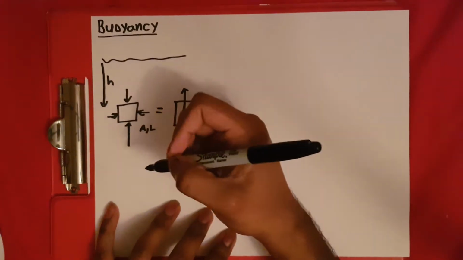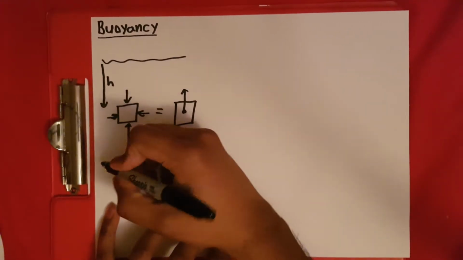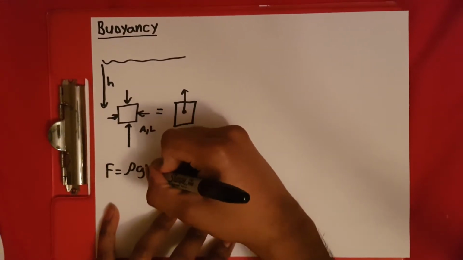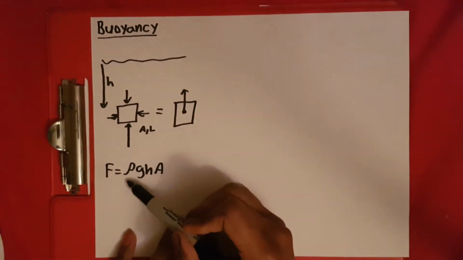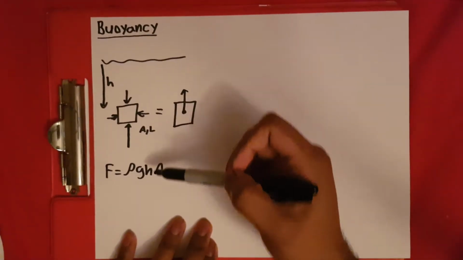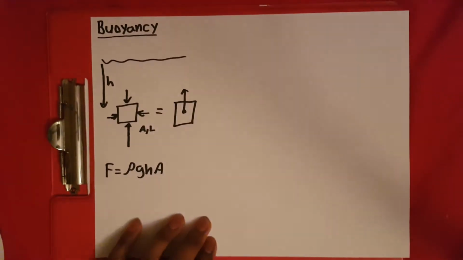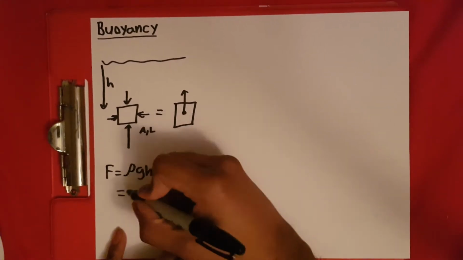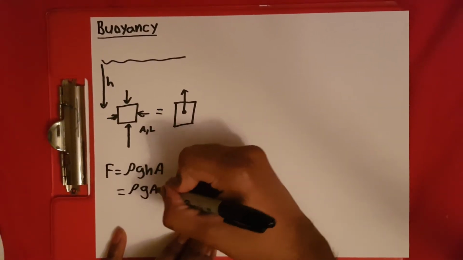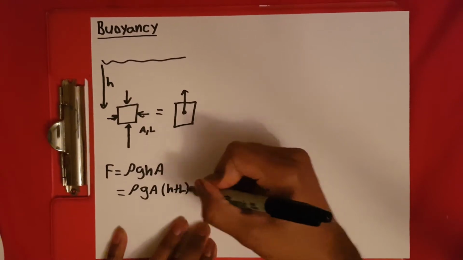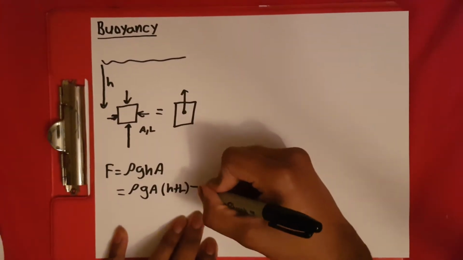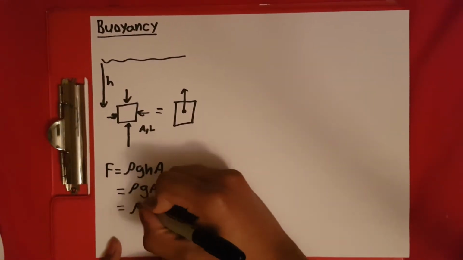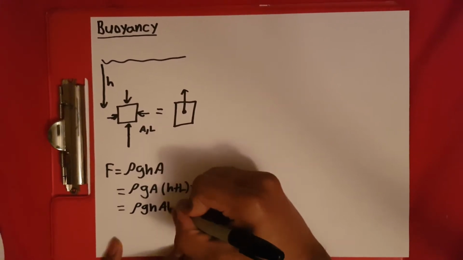And let's do a quick derivation. Each of these forces equals rho g h A: the density of the fluid times gravity times how deep in the water it is times the area of the face it's pressing on. If we look at the top and bottom ones, we get rho g A (h plus L) minus, because it's pointing down for the other one, rho g A h. When you do the math, you'll end up with rho g h A L,